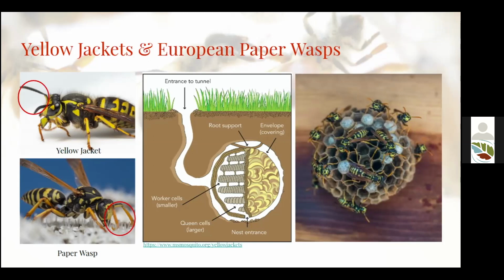and that's usually when they're more of a problem for people in their yards. So if you do have yellow jackets in your area, really the most effective way to get rid of them or to cut them off is to catch and put up traps for the queens in the spring before the queens have a chance to nest.